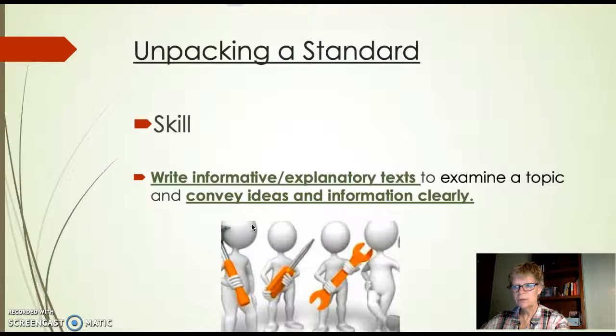Other skills the students will need in order to master this standard will be to read and comprehend informational text that explains or informs the reader. They will learn how to locate online resources and books and then research their topics for the plant that they chose to do this assignment for, to help them write